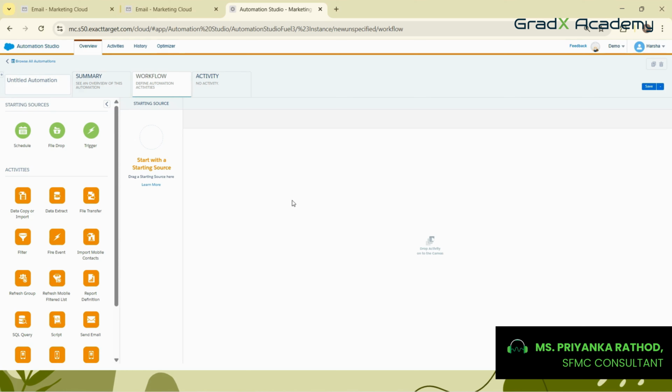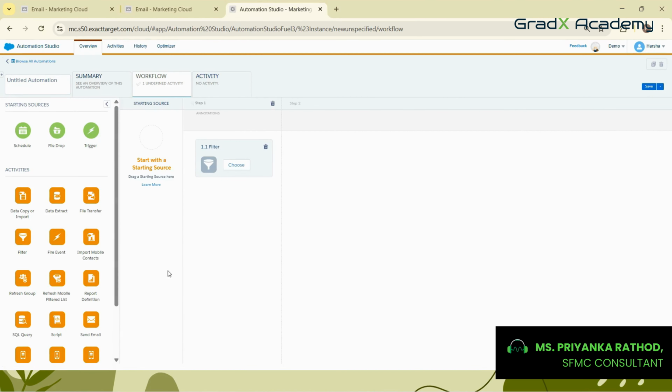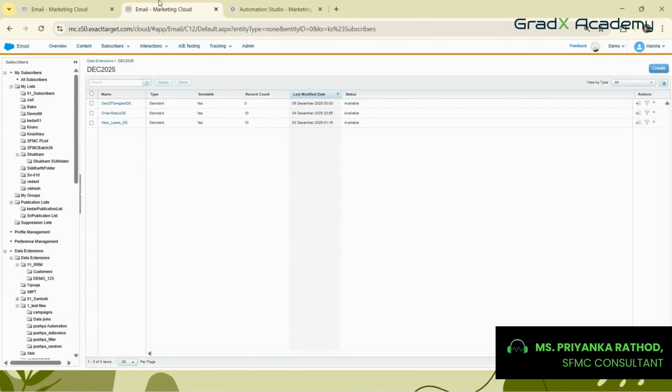Now what I want to do is filter my data. Now there is a question. If there is already a facility over here to filter the data, then what is the difference between this filter and those filters which are there in data extensions? So the most essential and crucial thing is, when we filter data using the data extension's filter tool, then